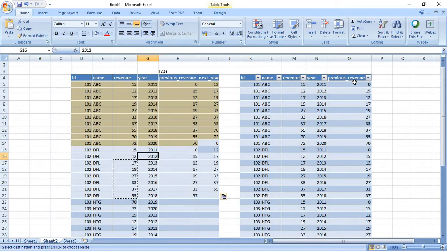If you want, I can elaborate. For 2012, the next year revenue is 17 million, so that is present here. And for 2013, you can see that the next year revenue will be 19 million, so that is put here. And for 2017 it is 55 million, so you can see here. For 2018, the next year is 2019, and for 2019 this DFL company is not available, so the revenue